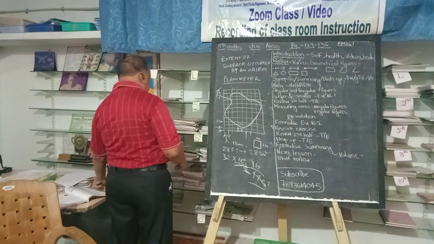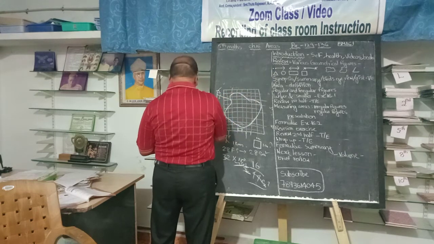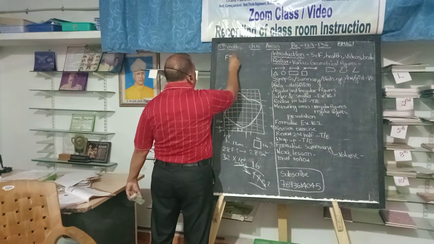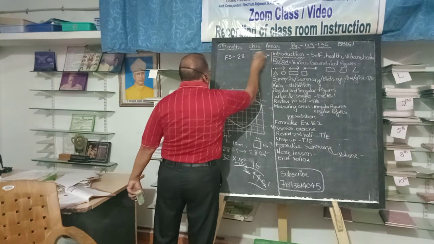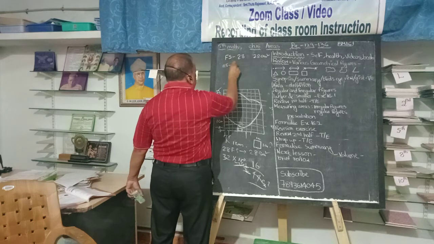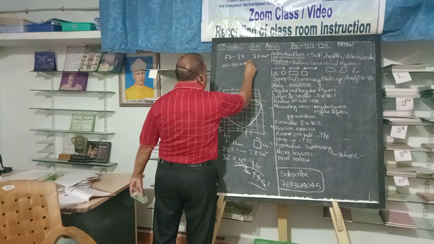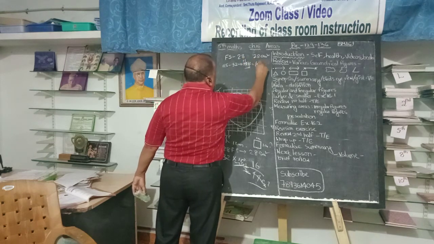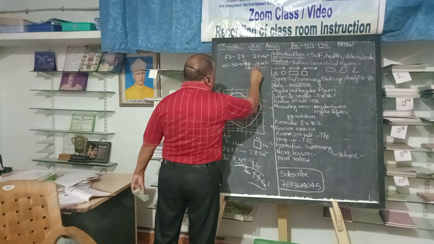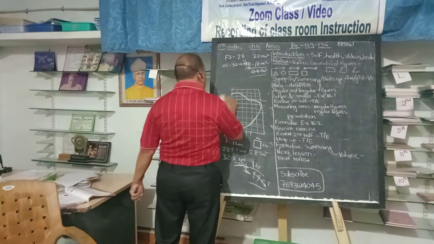Do you understand? Let me do it again here. Suppose when you measure, you got 28 full squares, that is 28 centimeters square. And half squares, let us say 32. 32 into half is equal to 16 centimeters square. So the total area is 44 centimeters square. This is approximate, and that is another way to do it.